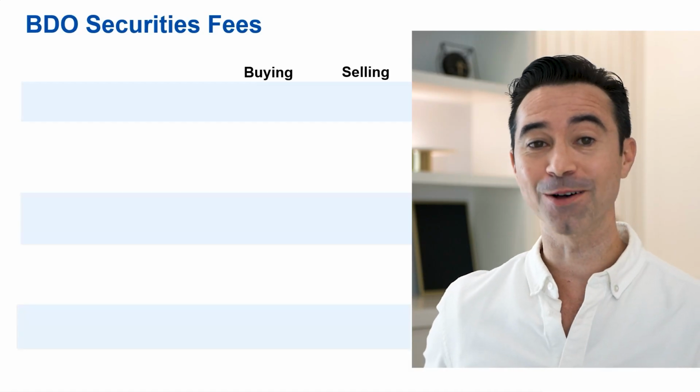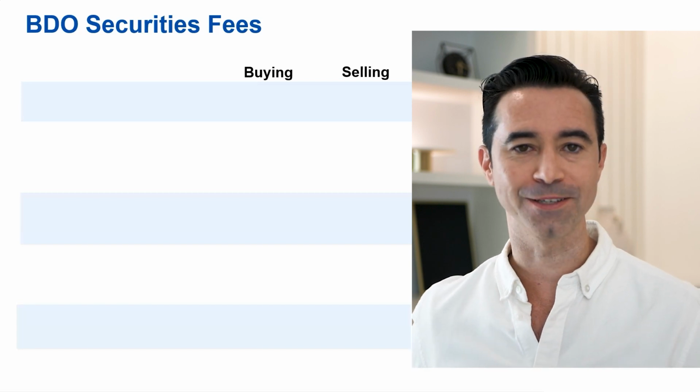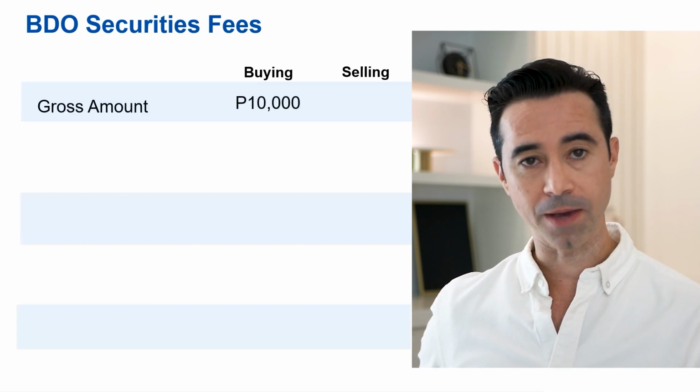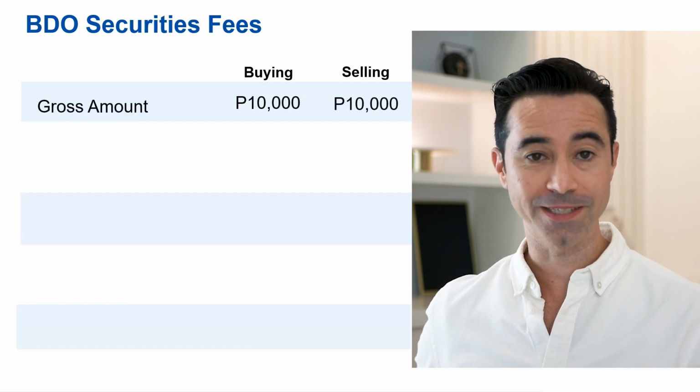Now, before you start investing, you might want to understand how the fees work for BDO Securities. So let's go over the fees. Let's say you want to purchase 10,000 pesos of a stock. How much money would this end up costing you? So first, the gross amount that you'll be purchasing is 10,000 pesos, and the gross amount you'll be selling is